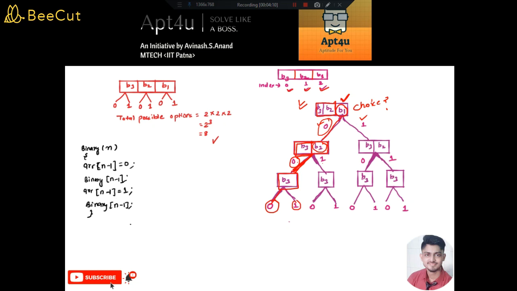Now once I have generated the number 0, 0, 0, I can backtrack, go back, and suppose I want to take this path again. So what number did we generate? 0, 0 and 1. Now suppose you generated this, now you backtrack at this point. So basically you traverse all the possible paths from this.